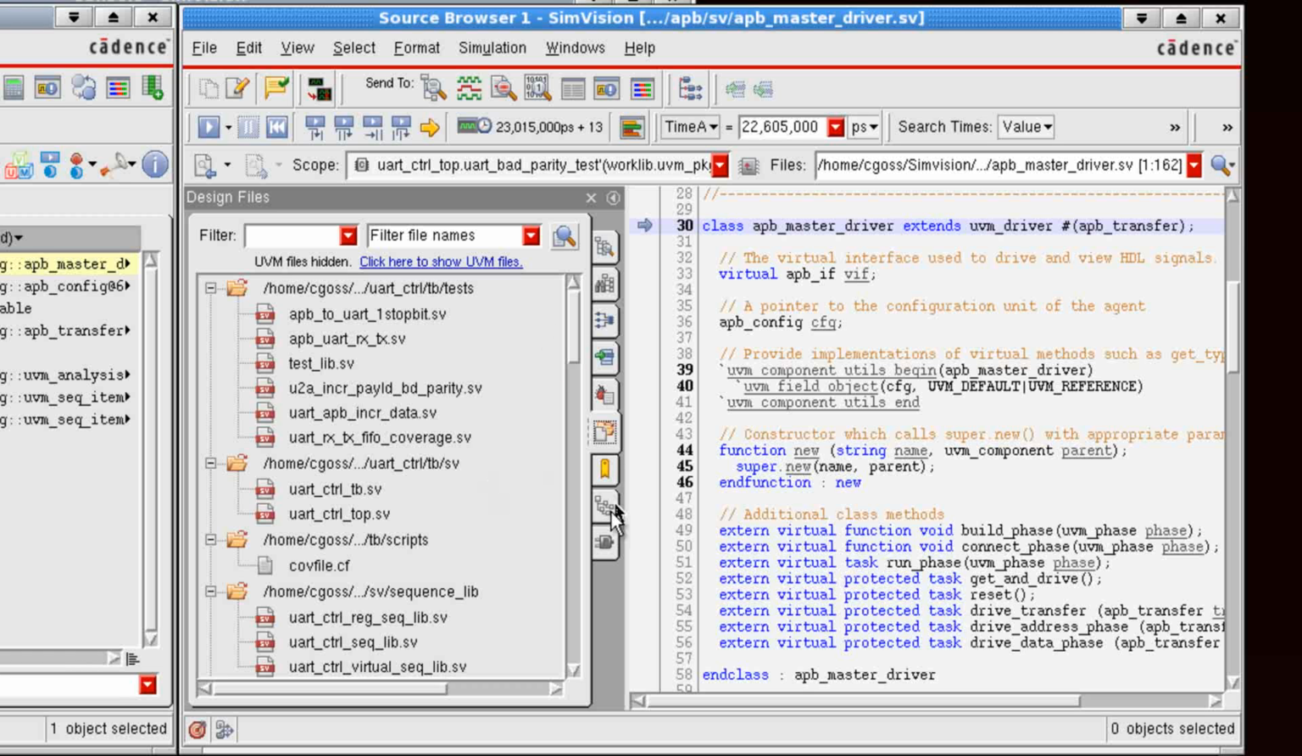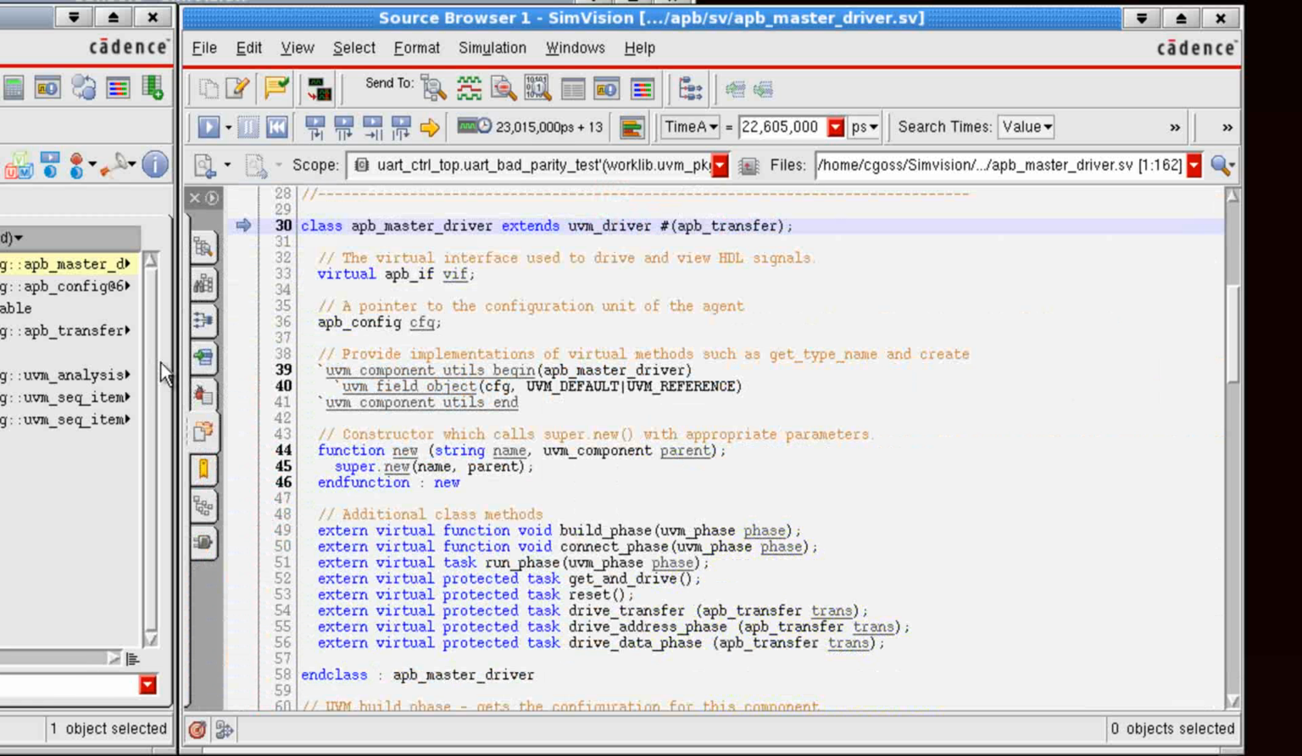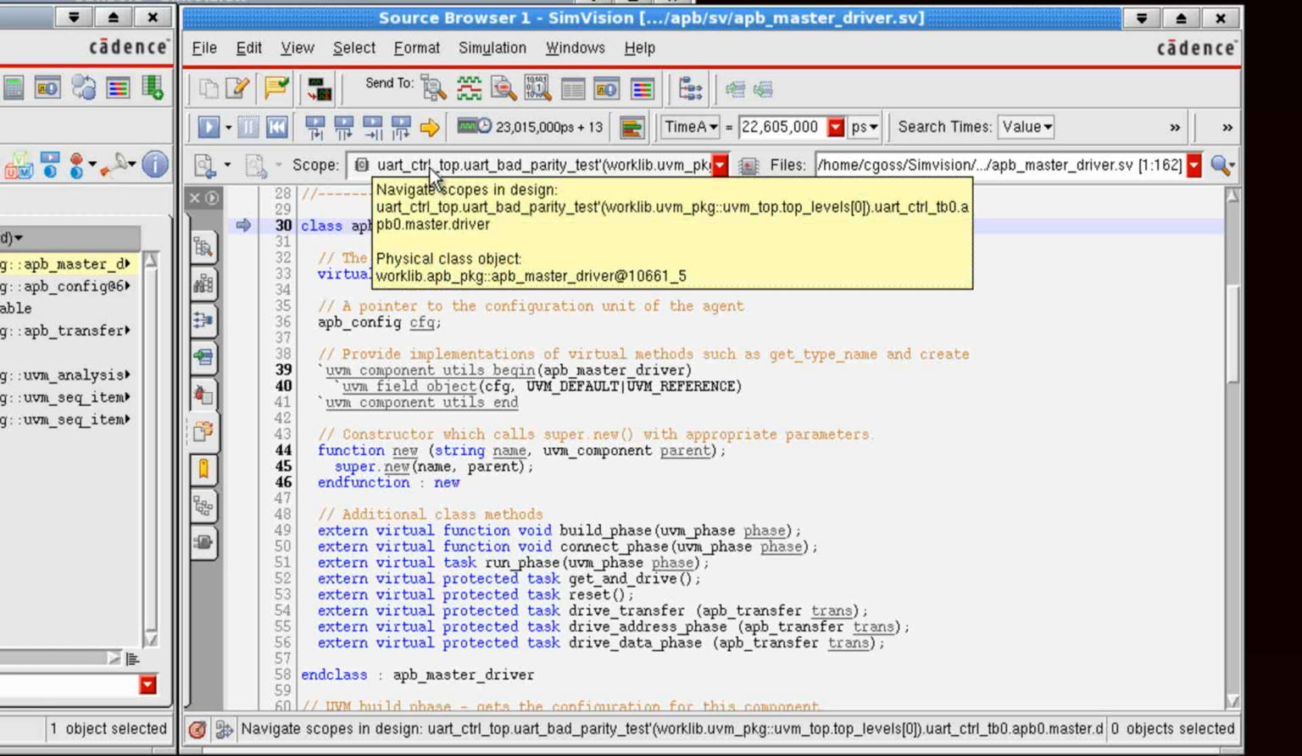So this is a common concept across many of the major SimVision windows. This sidebar concept is used in the design browser, the source browser, as well as the waveform window. So let's collapse this out just to make things a little bit more compact. Now, up in the top window here, you'll see that there's a scope field. This shows you the full hierarchical path to the object, as well as a shorthand of a physical class object